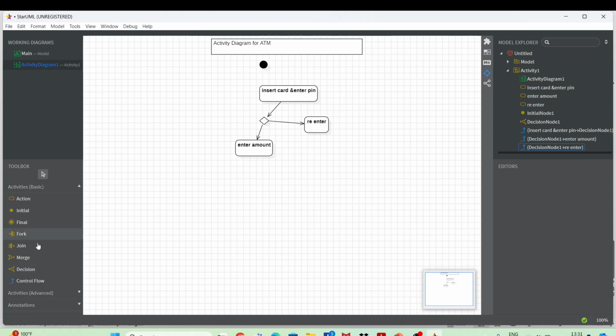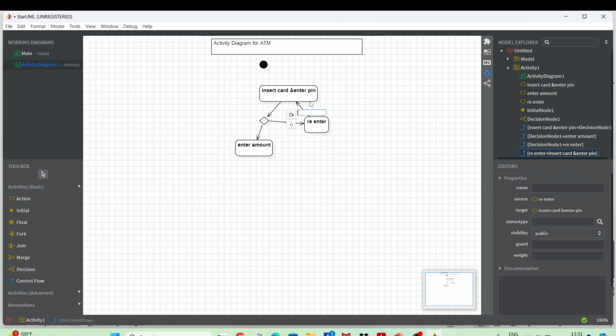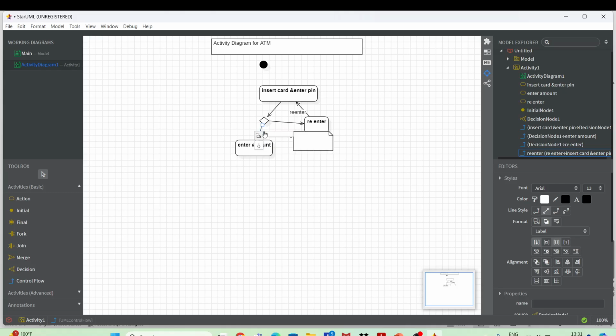Or if you want it to re-enter, then you can make use of control flow, and connect it to the PIN entry again. If it is invalid, then re-enter, and if it is valid, here you can say valid.